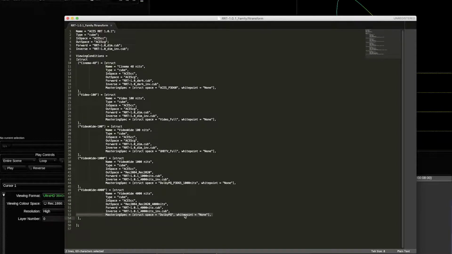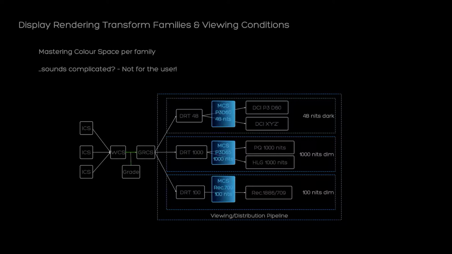transform file specifying custom DRT families. I hope this illustrates that setting up a very complex pipeline with various mastering color spaces, DRTs, white points is as easy as telling Baselight what color space your eyes are looking at, and then the whole system will adapt to this. Also, I don't think I need to mention that all this is not done via lookup tables, but all the transformations are calculated and applied in one 32-bit floating point stitched shader executed in one go on the